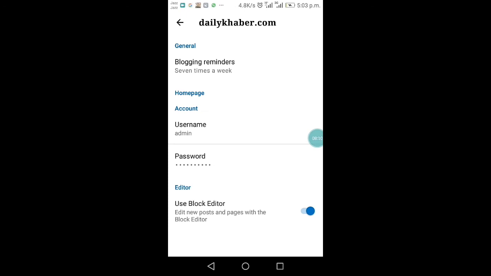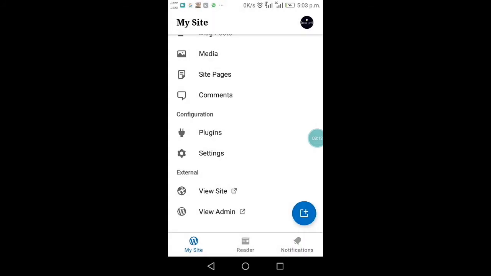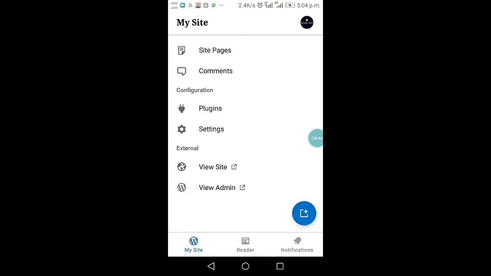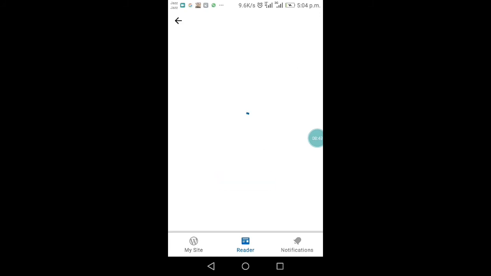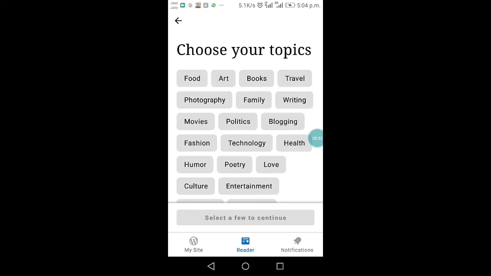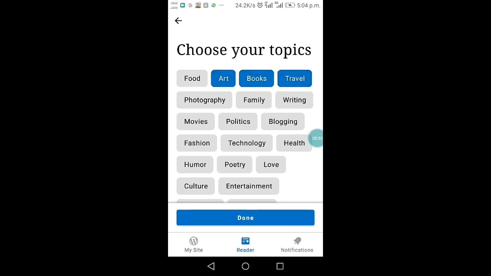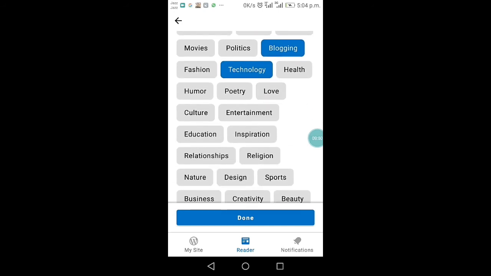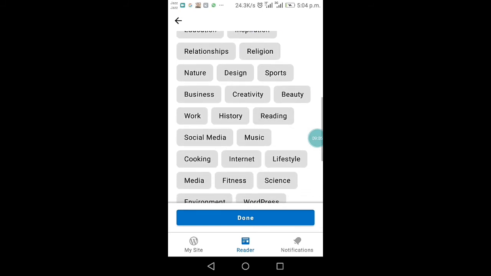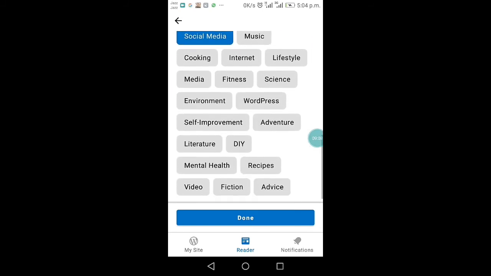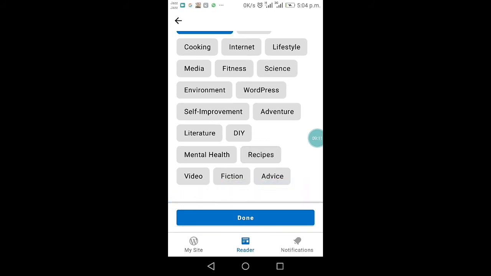We have a settings option in our dailykhabar.com. You can change your username, password. If you want to use the block editor, that is view admin, my site, reader, and here you can read blogs of other bloggers and you can choose your categories: art, books, travel, blogging, internship, entertainment, poetry, work, business, what you want to love, what you want to read, select it